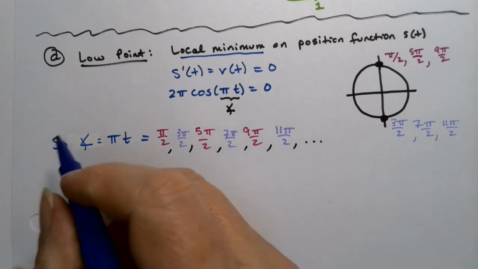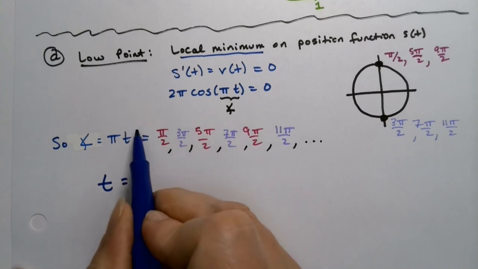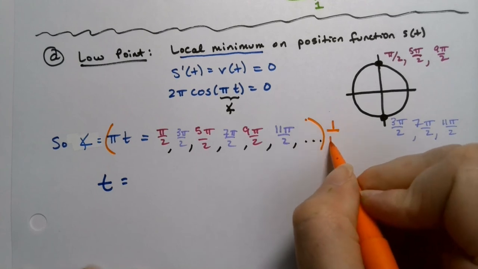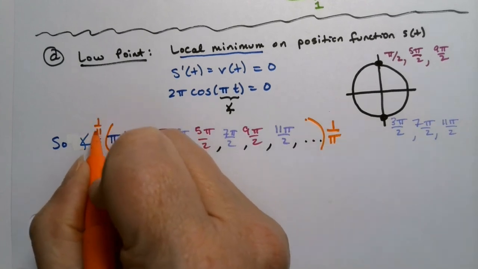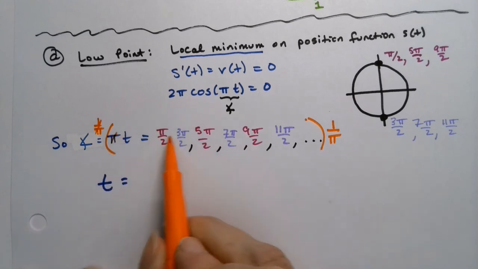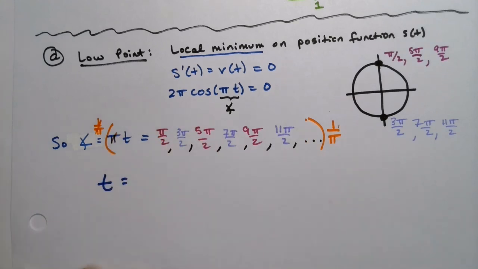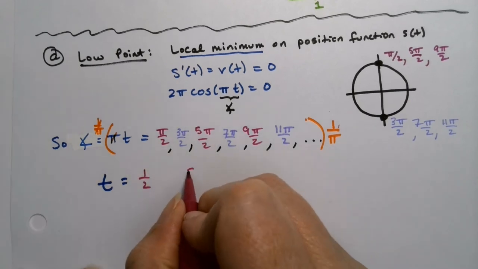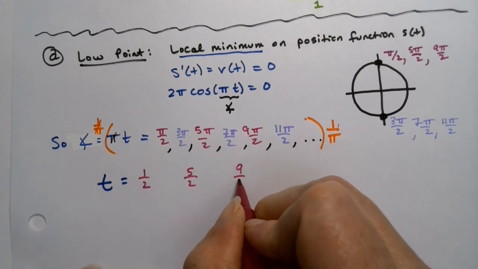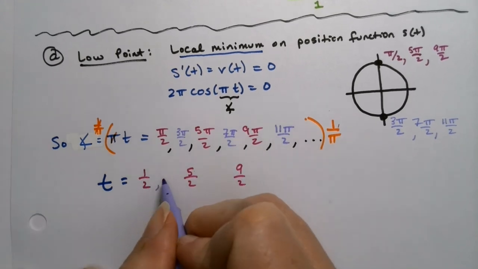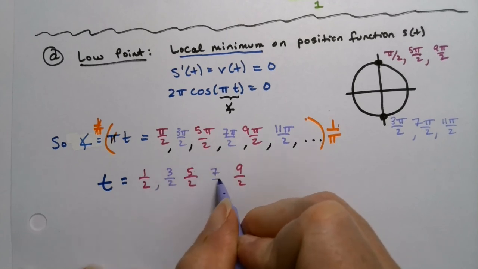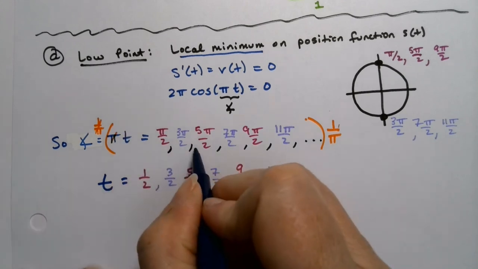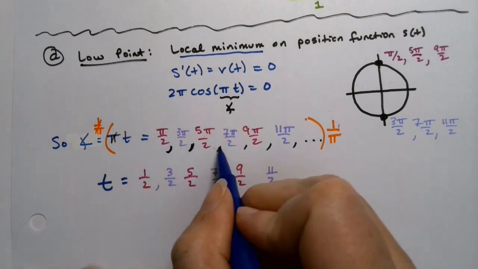So t by itself, what I would do is multiply this whole thing, because this is an equation. So I multiply by 1 over pi, right? 1 over pi will make the pi over here cancel. So pi over 2 times 1 over pi, it'll cancel out the pi's and just leave you 1/2. And then 3 halves, and then 5 halves, and then 7 halves, and then 9 halves. And then we can be done right there. And the reason we can be done,